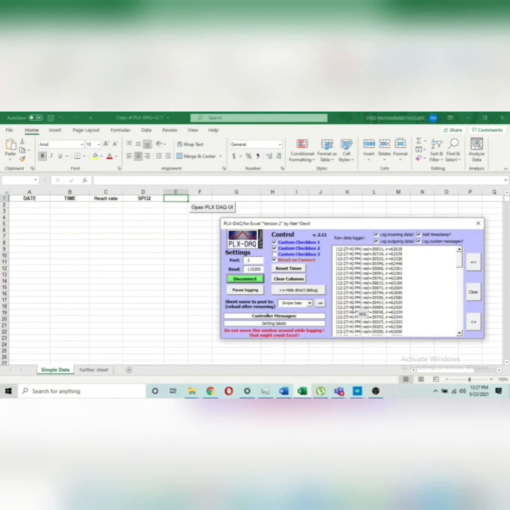After the DAC is done collecting the samples, it will show the values on the spreadsheet. When the sensor is not connected to the body, it shows these bogus values. But after some time, when the sensor is connected to the body, it shows the proper values. Now it's generating the proper values. This was all from the software side.